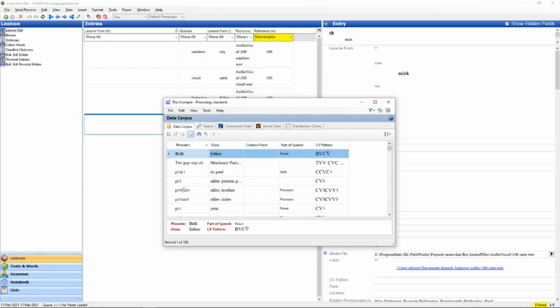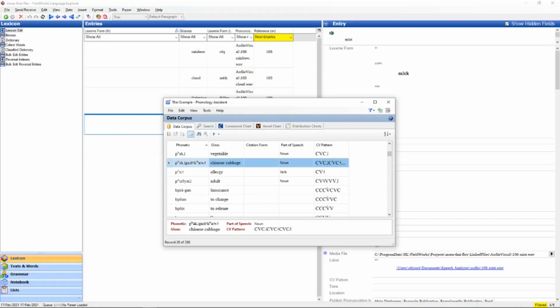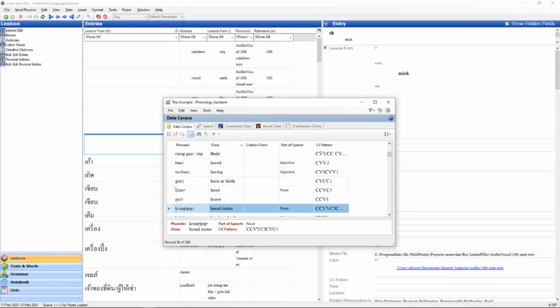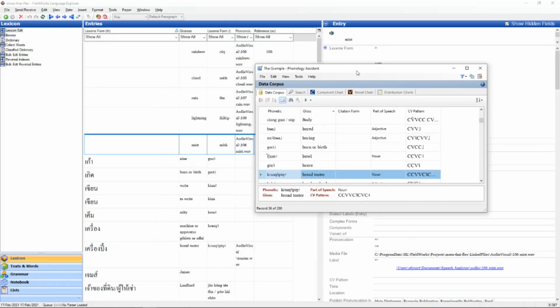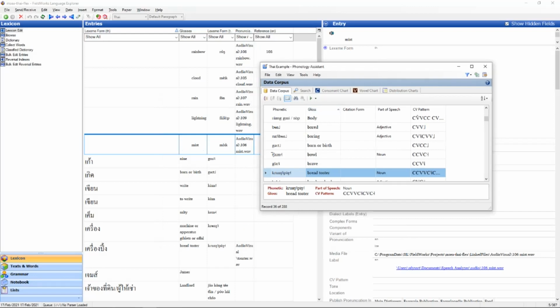And then if I realize that, and if I have got it sound set right, I can go to data corpus, find crispy, which word? If I've got an audio file for it, I can play it. Bread toaster has a word. Of course, it's not playing right now. Naturally it is not playing right now. How about if I? So you can hit F5 to play it,